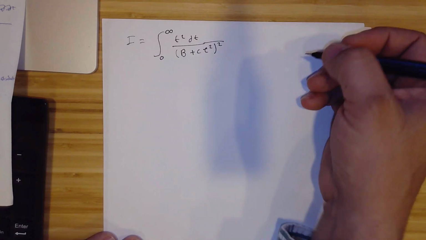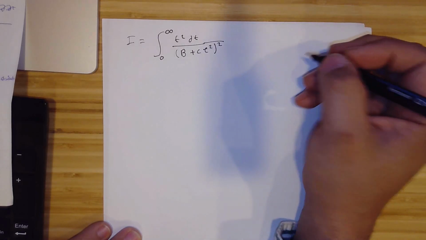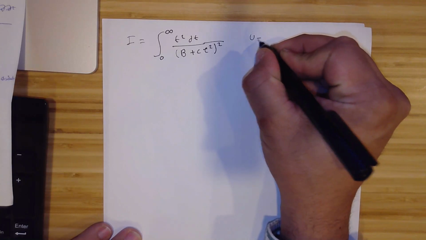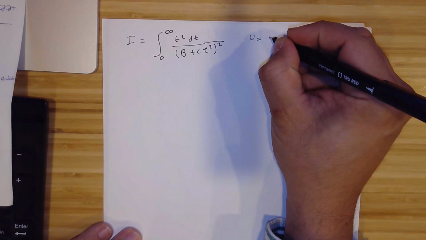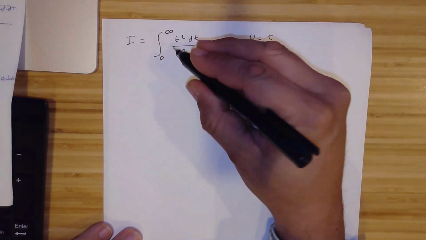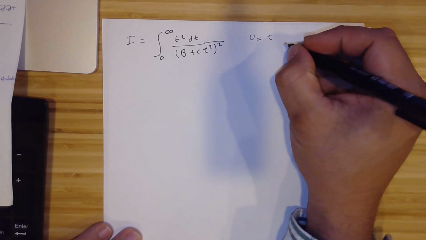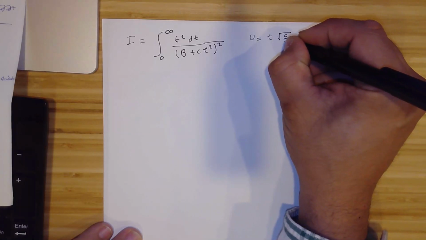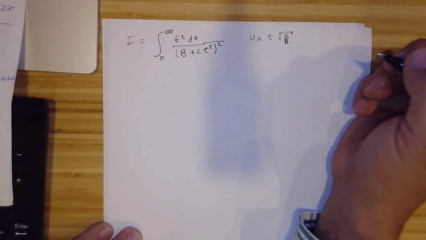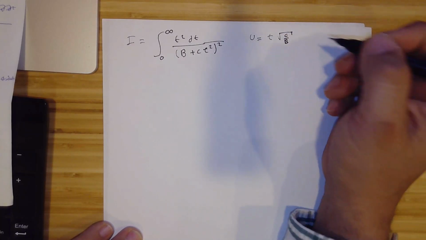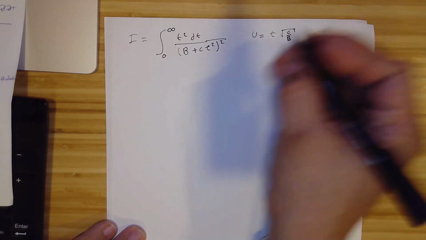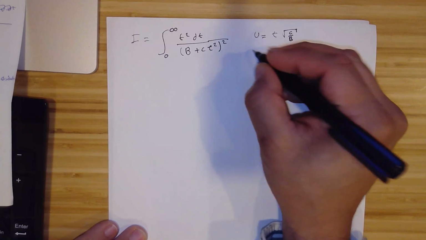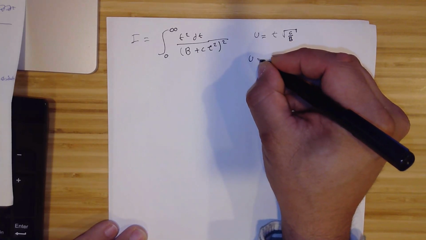Today we are going to solve this integral using, again, substitution. In this case, let's say u will be t, the variable that we want to substitute, and we will apply the square root of c over b. This is a trick that we used in the previous video. Let's use it again. So here, if we pass this to the other side, we have u